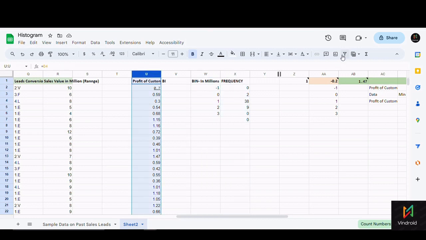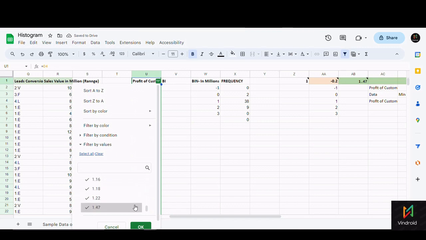For that, I'll create a filter here. You can see this is the data set. It contains the profit to the customer based on the filters we mentioned on the left side, right? This is the outcome. We are tracking the profit to the customer alone. You can see the minimum value is minus 0.2, and the maximum value is